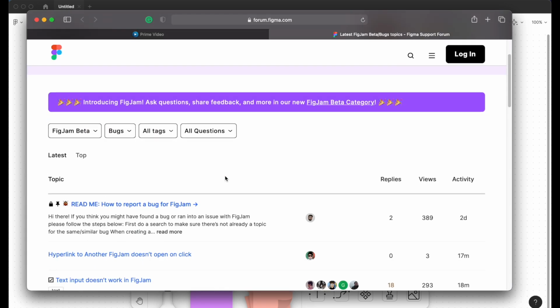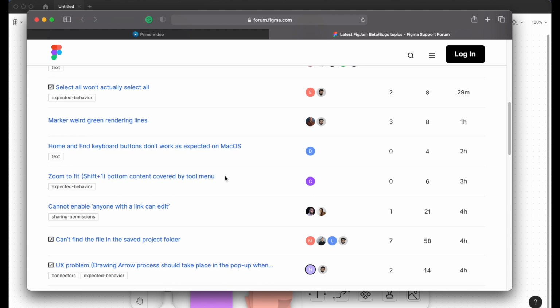And here you can see the forum for Figma, and you can report bugs, or if you need any plugins to be added to this Figma Jam, you can just comment on their forum. They are at a beginning stage, so they are accepting lots of replies.